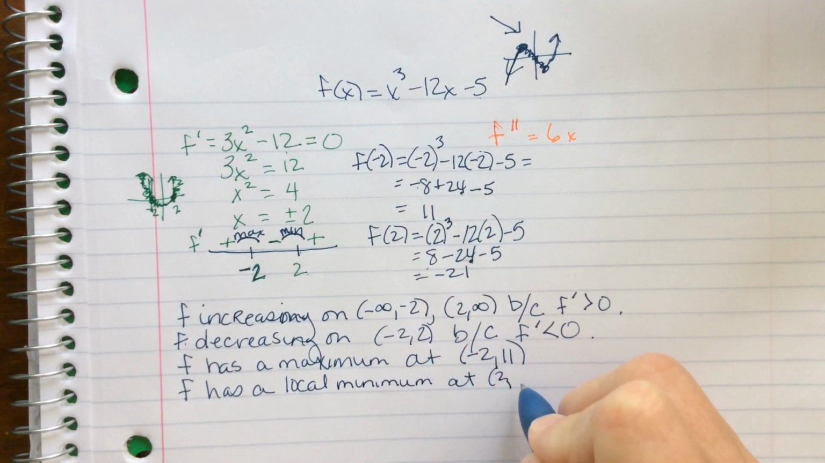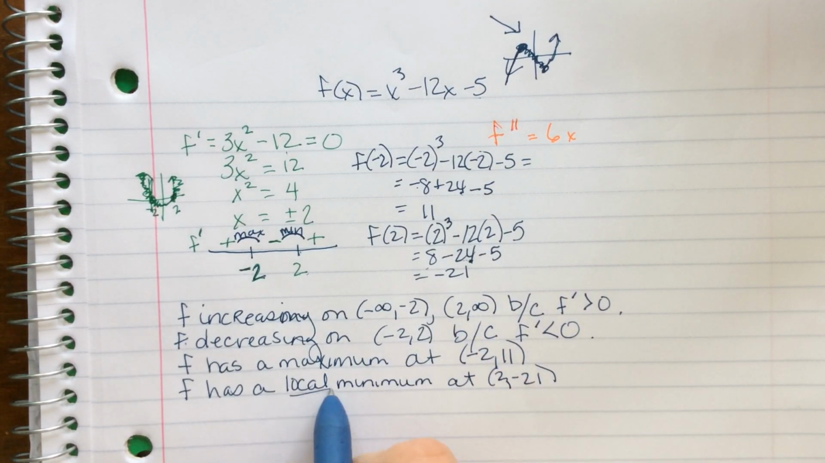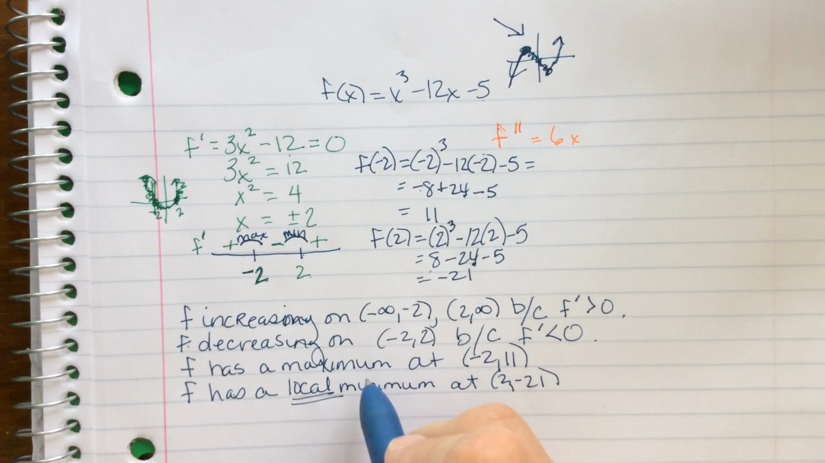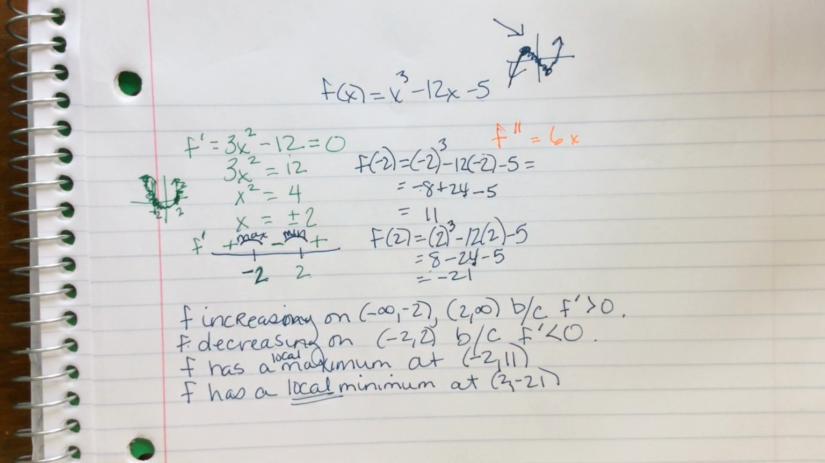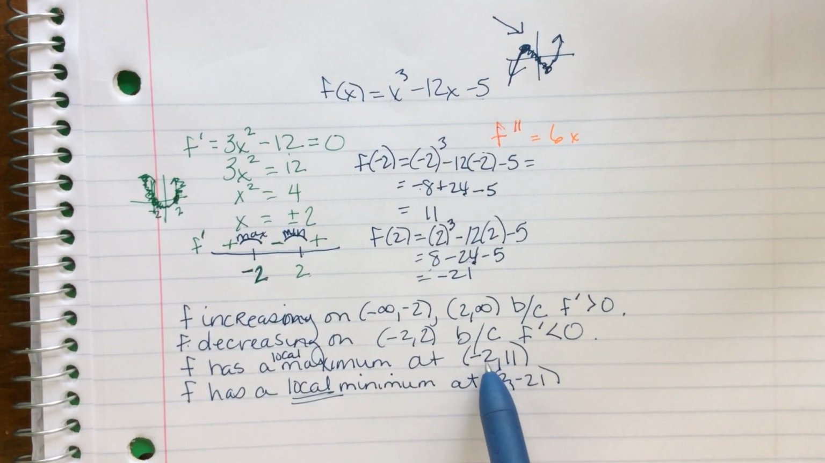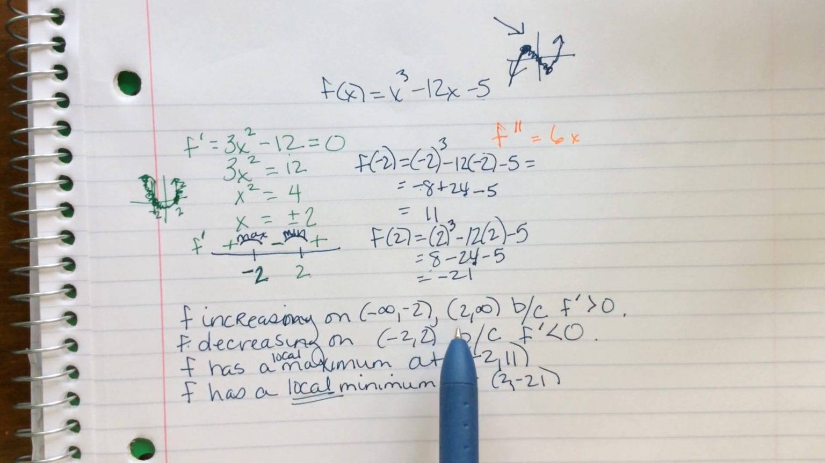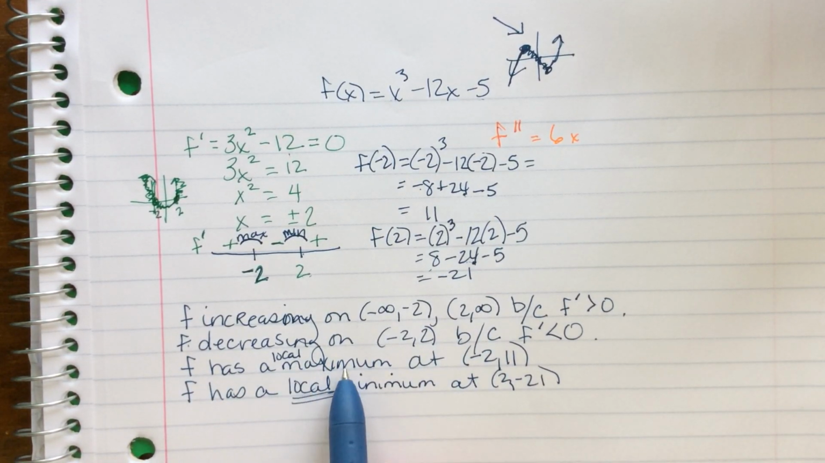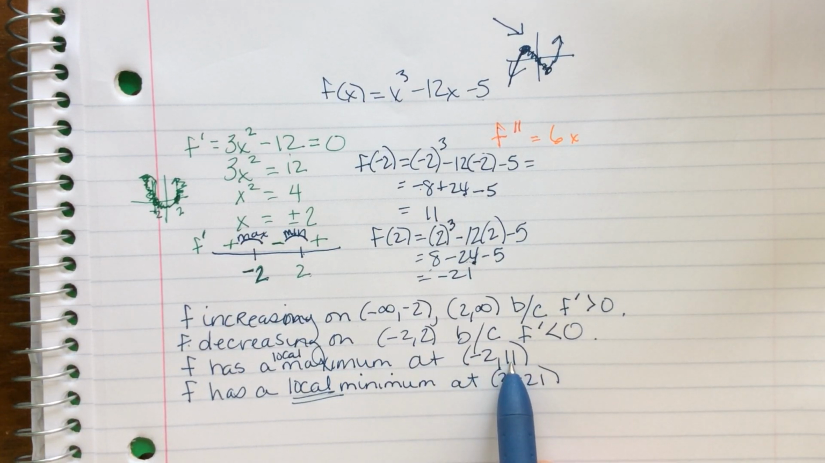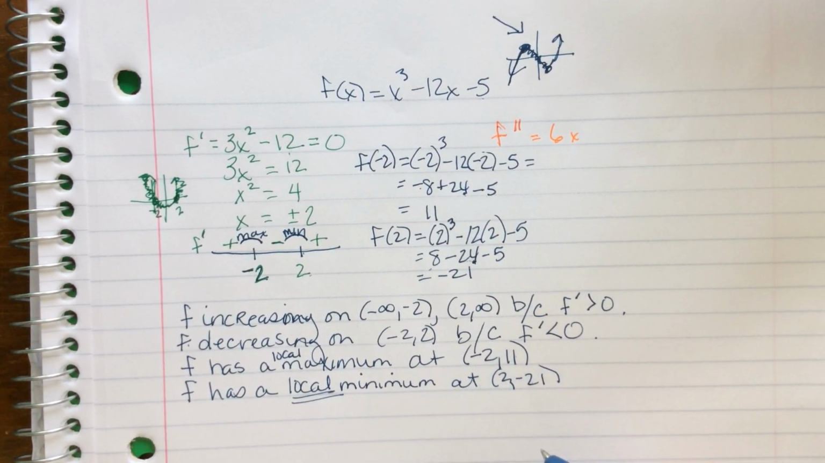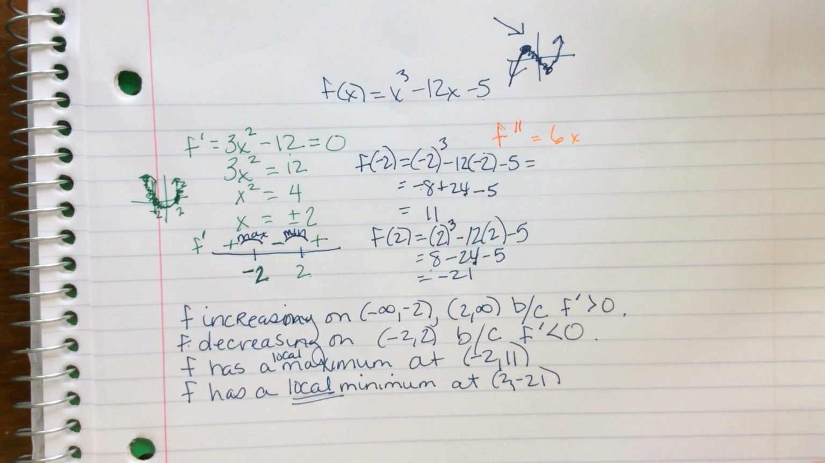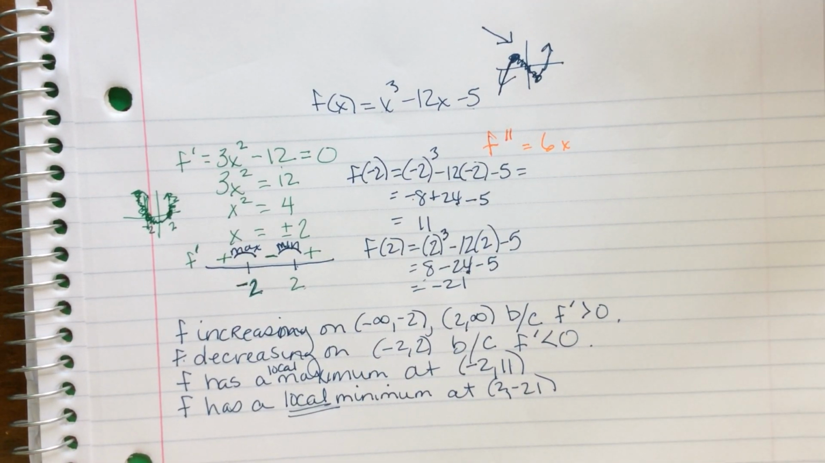at (2, -21). Now, just so I can reiterate this, a local minimum and a local maximum indicate where a function changes directions, okay? So I know that the original function f is going to have a local maximum at (-2, 11), which means it's going to change directions at (-2, 11), and f will have a local minimum at (2, -21), okay? All right, so now let's talk about